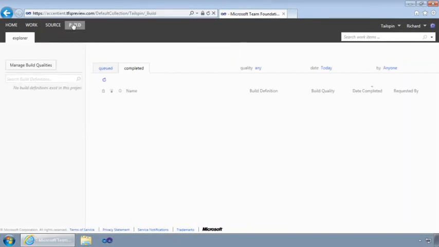Here's where you can view the currently queued and completed builds, as well as the build definitions themselves. If you have permissions, you can also queue new builds and even manage build qualities. Keep in mind though that you'll need to set up your own on-premise Team Foundation build server to enable this